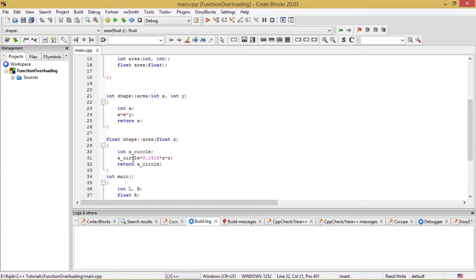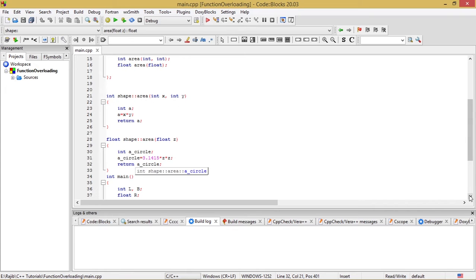In this function body I have taken another variable, a_circle, that is the area of the circle. a_circle = 3.1415, the value of pi, * z * z, that is the calculation pi r square, which is nothing but the area calculation of a circle. After that I have returned this area of the circle by means of the statement return a_circle, and the a_circle value will be returned to the calling module.